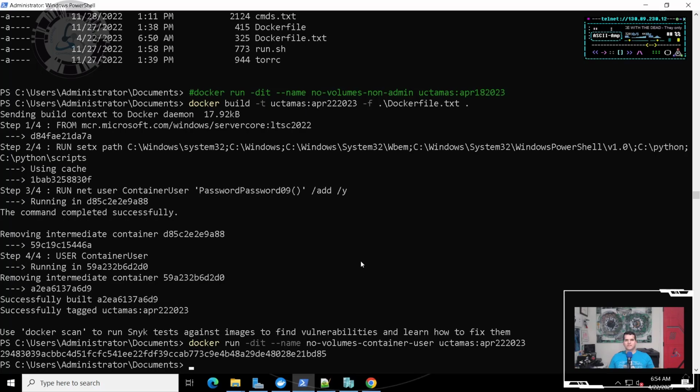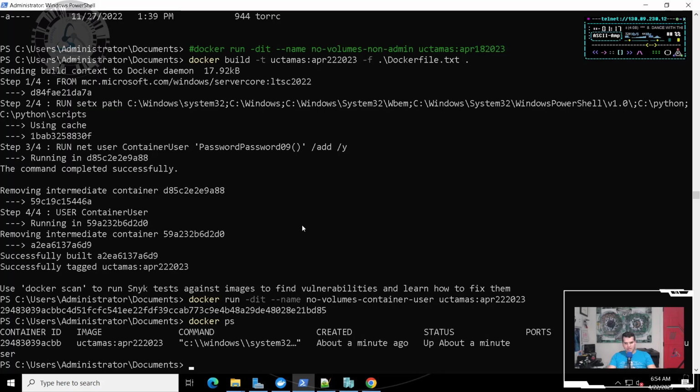Equally, it seems that this container user account is something that I thought would have failed, considering that if this account already existed there, it wouldn't have allowed us to do this. But the fact that it was able to build and run tells me that we're on the right path. And my weekend just got a lot shorter. So if I docker execute in here now,